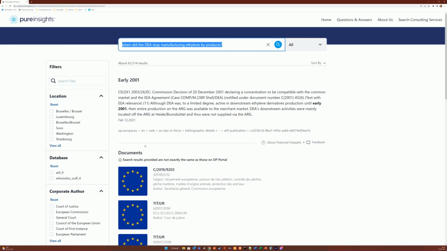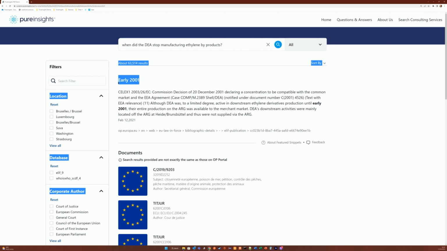This is quite an interesting response because the question itself is talking about stopping manufacturing, whereas the text is talking about production until. The system is talking about ethylene byproducts, and this document is talking about ethylene derivatives, and yet it still successfully brings out the answer, which is when that was actually stopped being produced.